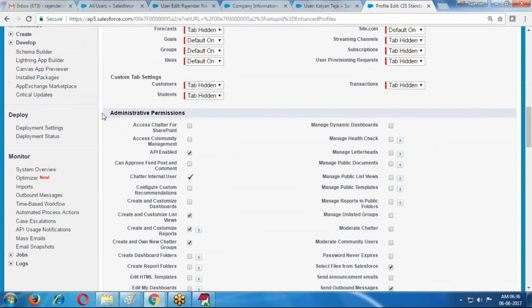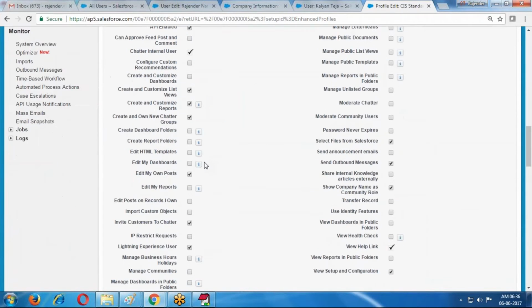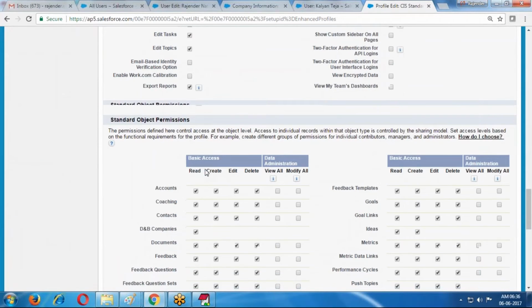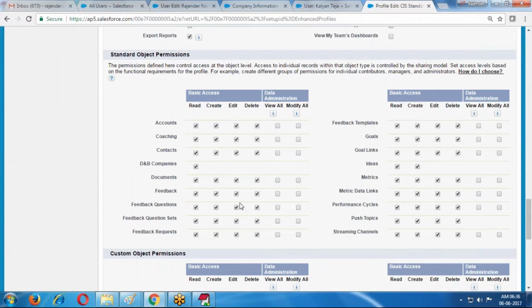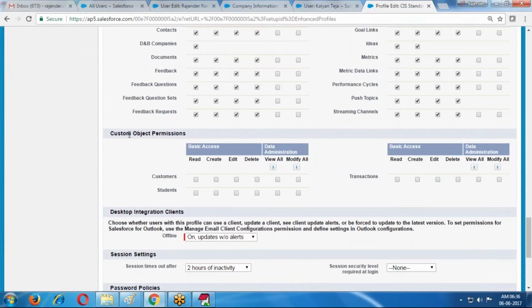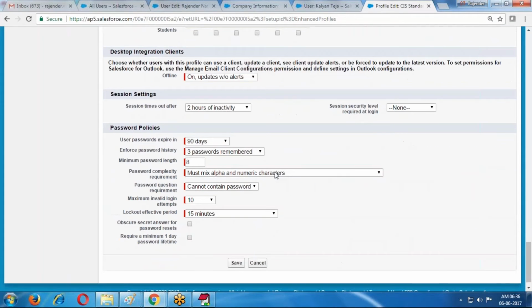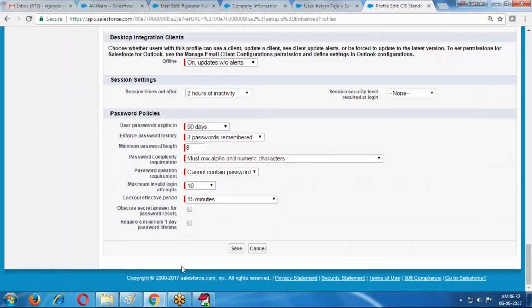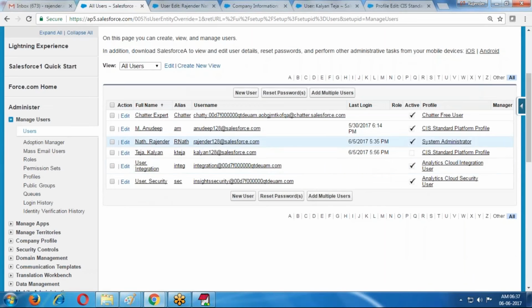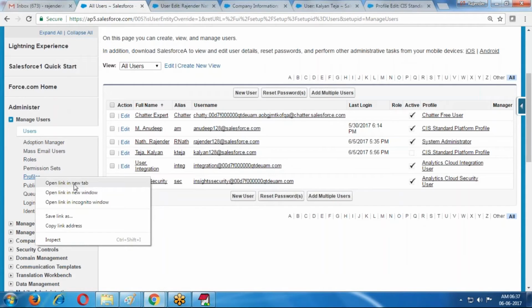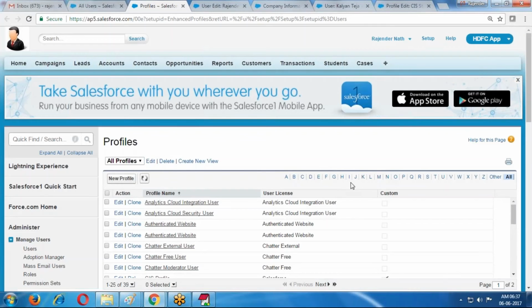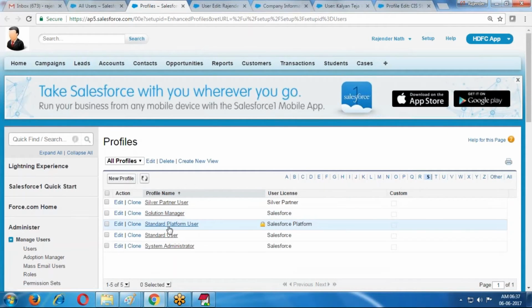Administrative general permissions, standard object permissions, custom object permissions. Everything we can control here. Suppose the profile is one standard profile we have. What is the standard profile? The standard profile is the standard platform user profile.